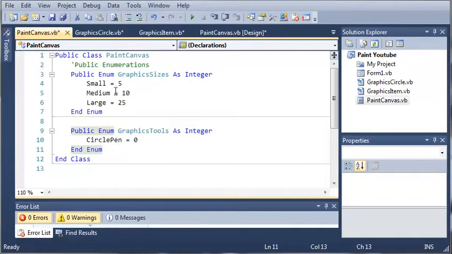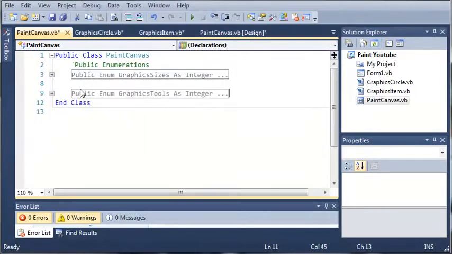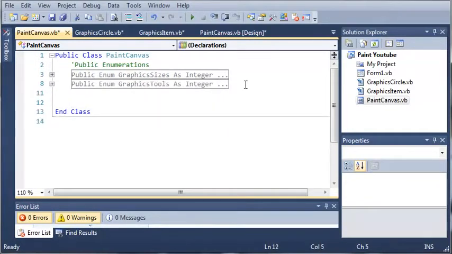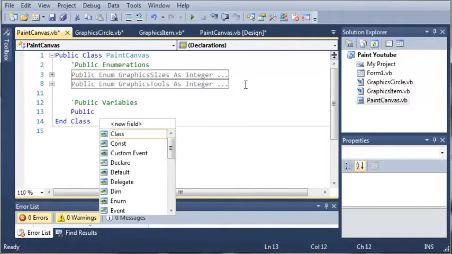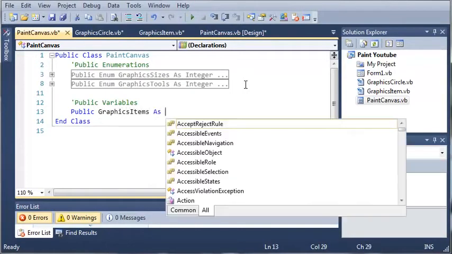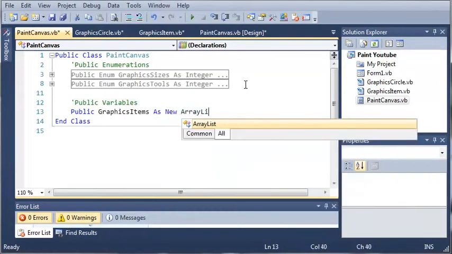So let's go ahead and continue what we were doing. Here is our PaintCanvas class. We've got our enumerations, the graphic sizes and the graphics tools, so we'll put those two together. Now let's create some public variables, and let's make an array list. So public graphics items as new array list,